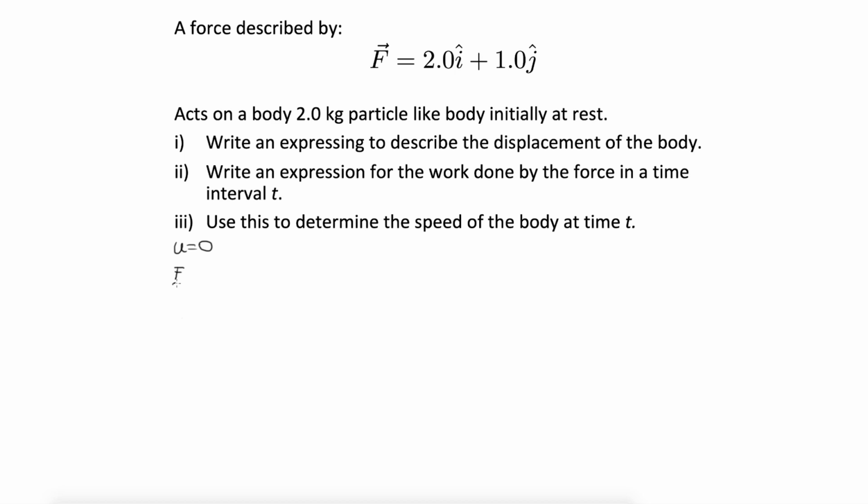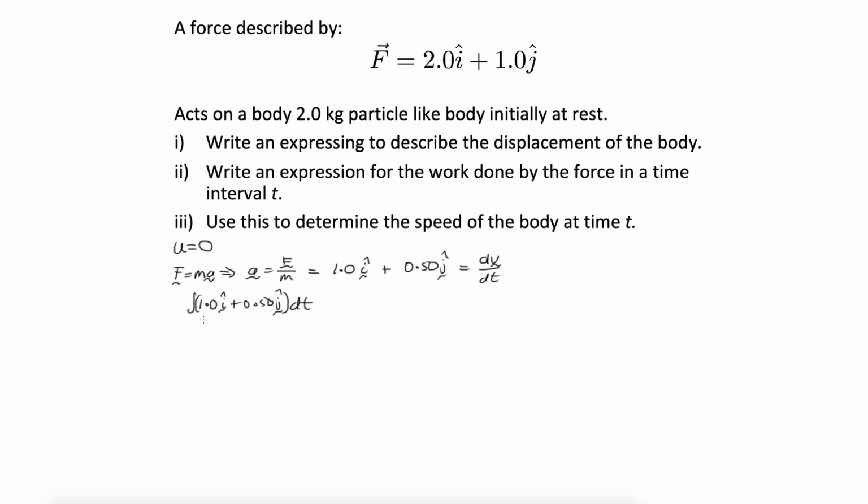So we know that F is equal to ma. So this tells us that a is equal to F over m, which is equal to, because the mass is 2 kilograms, 1i plus 1 divided by 2, so 0.50 j. So this is for the acceleration, and the acceleration is equal to dv/dt. So we can integrate this and say, well, the integral of 1.0i plus 0.50j